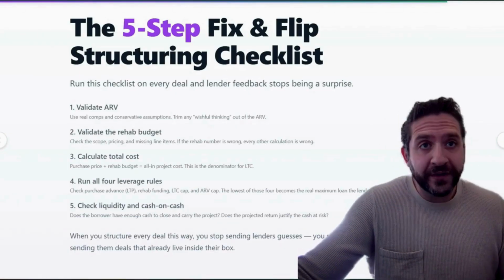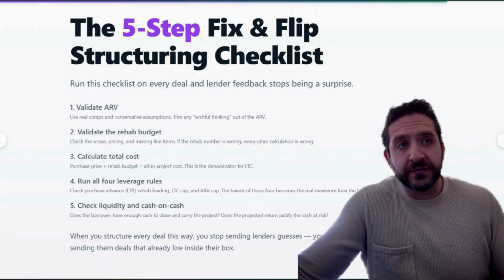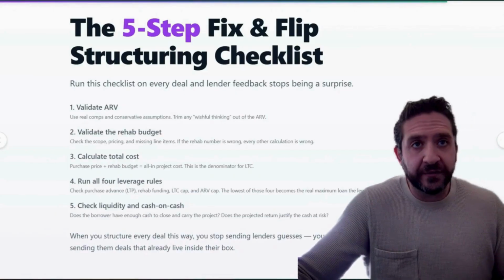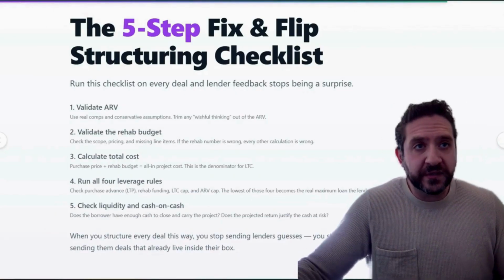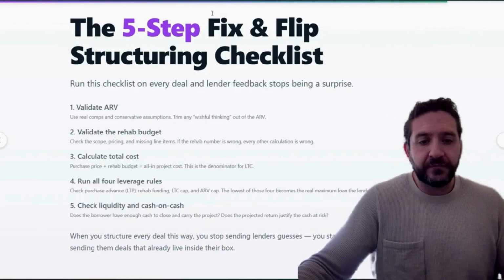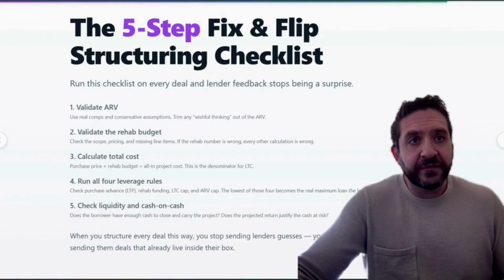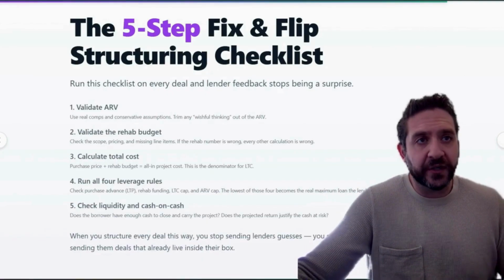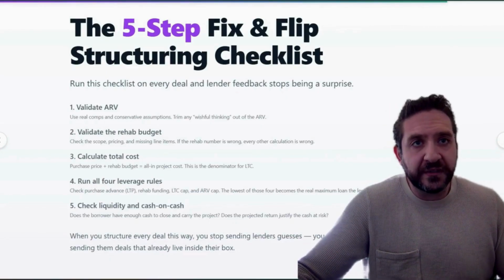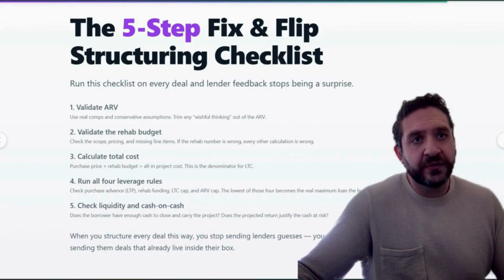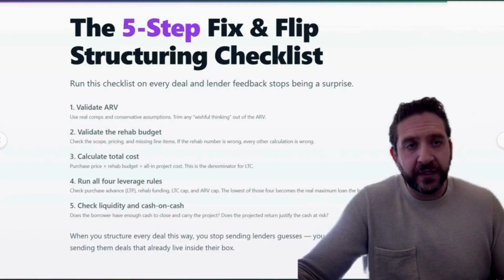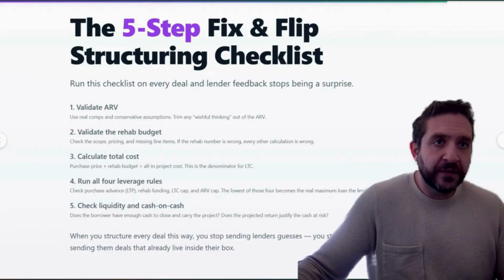Step four is run all the leverage rules: purchase advance, rehab funding, LTC, and ARV. Whichever number is lowest becomes the real maximum loan amount. And step five, check liquidity and cash on cash. Even if the leverage works, the borrower still needs enough cash to close, carry the project, and produce a meaningful return. If you run this checklist on every deal, lender feedback